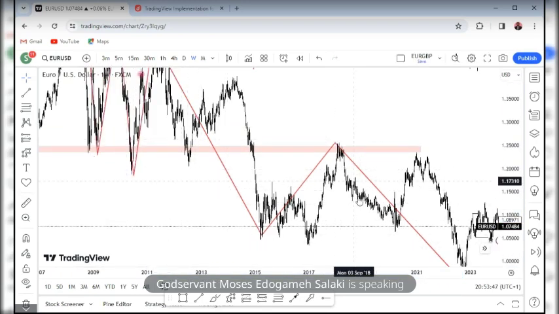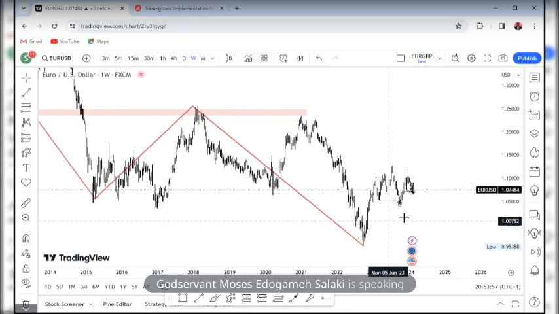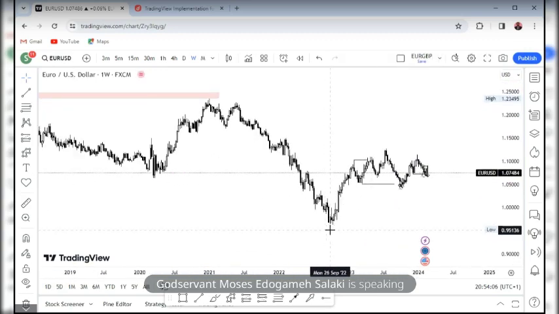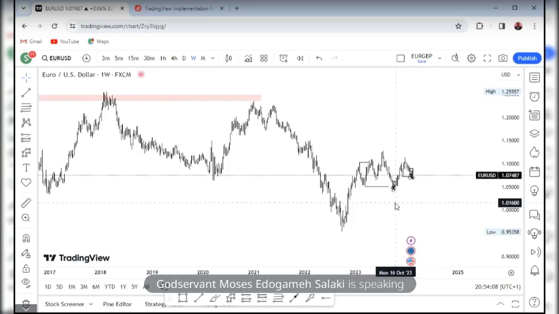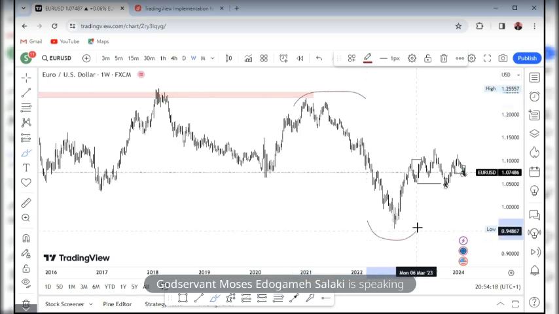So this is the last high, and this is the last low that was formed. After price gave all of this, price gave this high. Right now there are two things you want to consider. We have established we are bearish, but you can see that price started giving a retracement here. Now you want to check the current high, so let me mark it out. This is the last high created, and the last low. We're expecting that price should take out this low. Price will not necessarily take out the high.